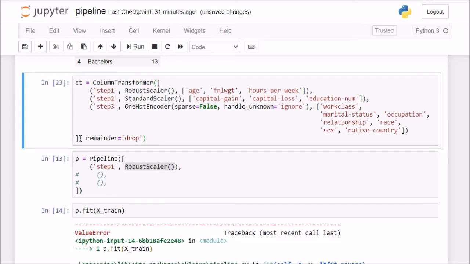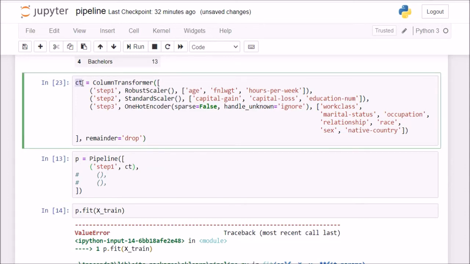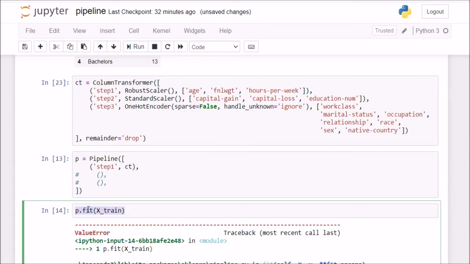Now once I've created this column transformer object, as I just said, I want to apply custom scaling and custom encoding on different columns. So here, instead of passing robust scaler, I'll simply pass in this CT object. Now when I fit my X train on this P object, it will go to this pipeline and check the first step.